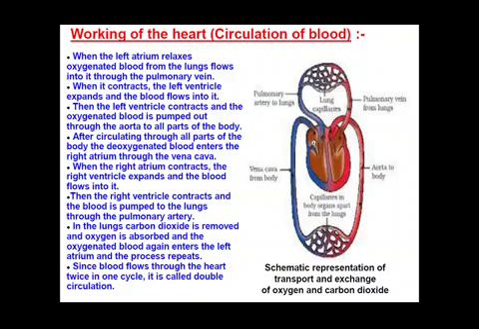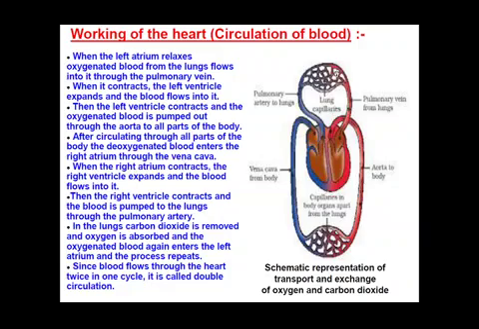The right atrium contracts and the blood enters into the right ventricle. Fine. Then the right ventricle again contracts and the blood is pumped to the lungs. Now the blood is taken to the lungs with the help of the pulmonary artery. Here again the gaseous exchange takes place in the lungs, and the carbon dioxide is removed from the blood and oxygen is absorbed by the blood. And then again the whole cycle repeats.